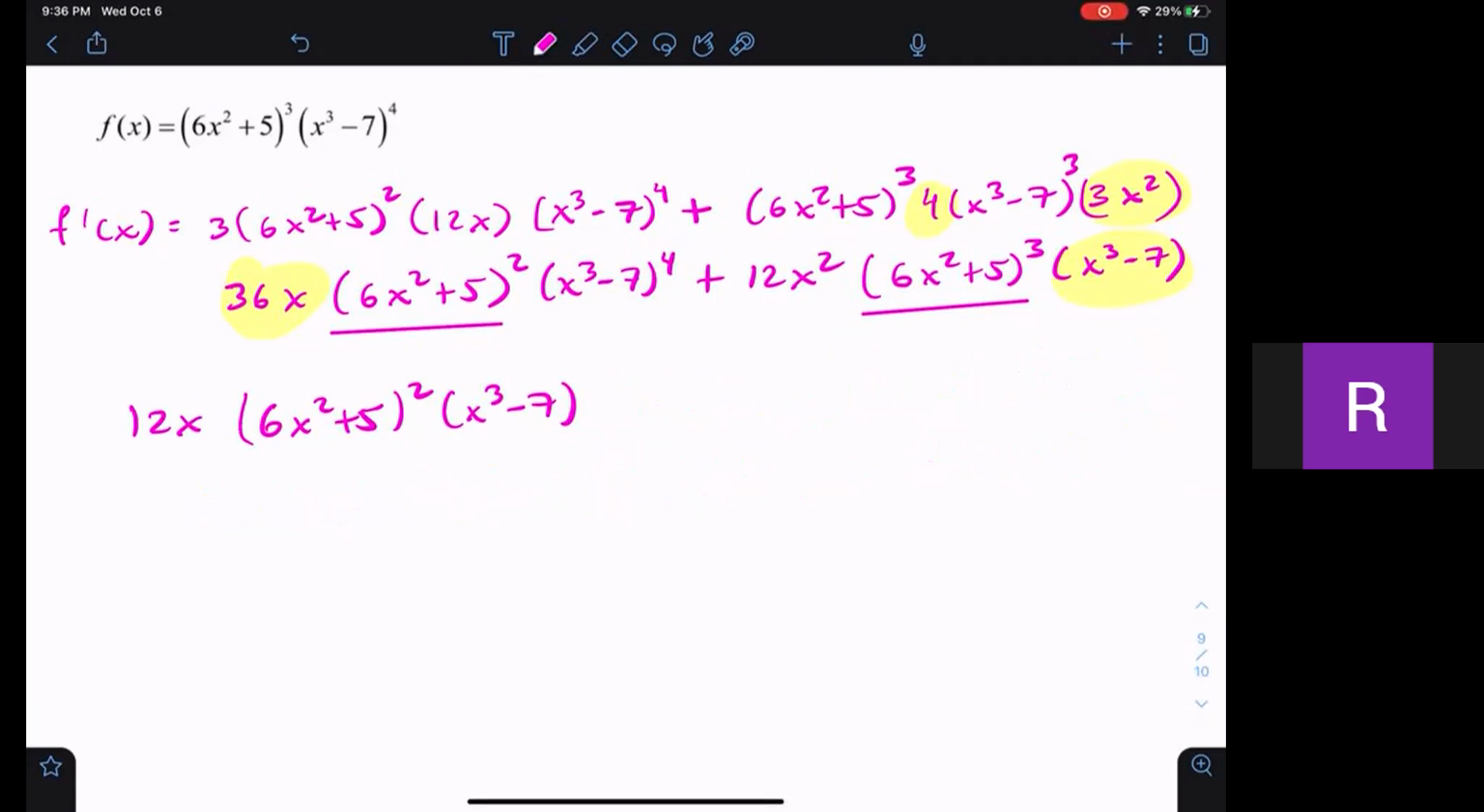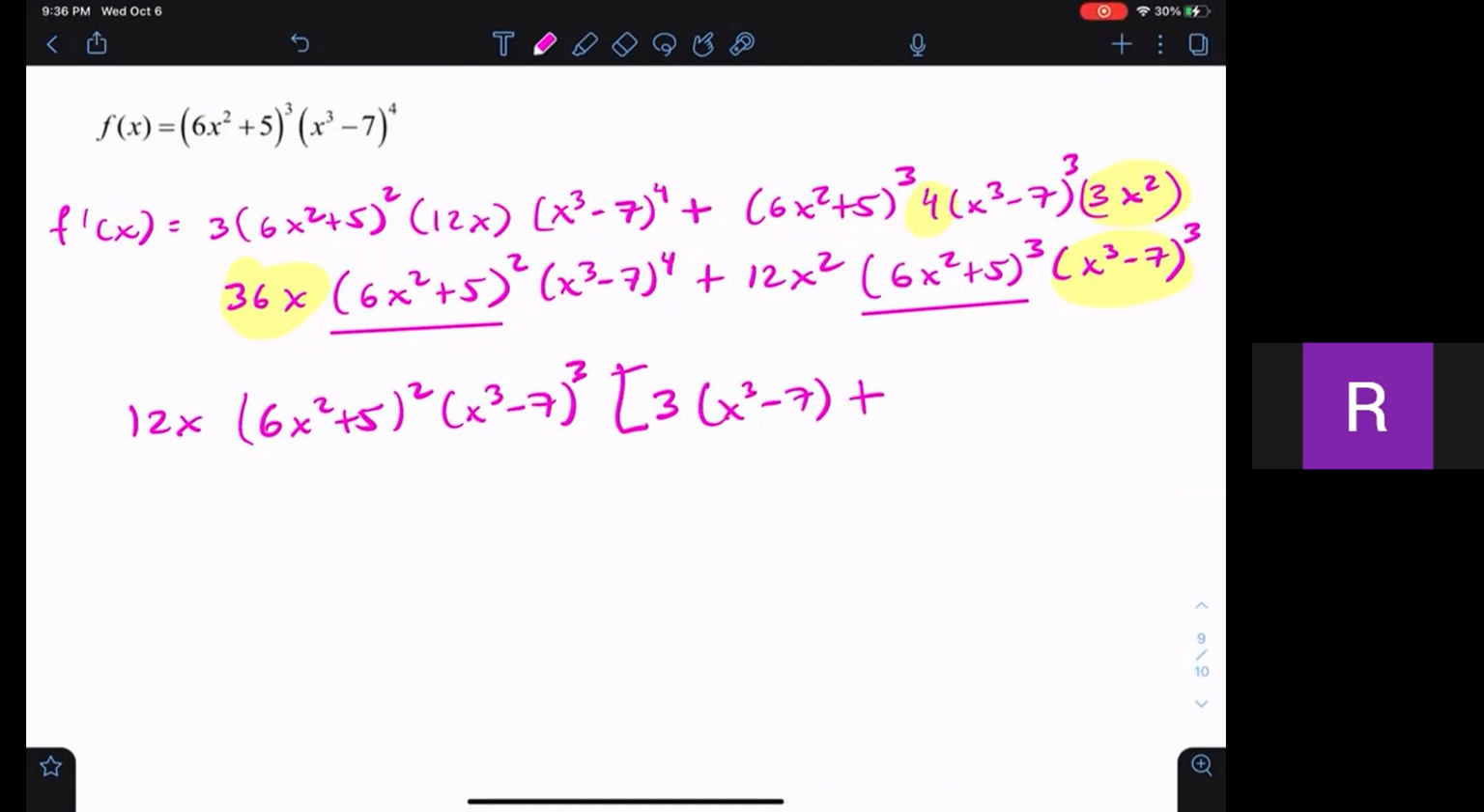12x, okay, it's the 6x squared, x cubed, not here, this is 3, okay? So now you need to pull out the 12x, 6x squared plus 5, x cubed minus 7 to the third power. Okay, now it's okay. So now this is going to be 3, and this is going to be x cubed minus 7 to the first power plus